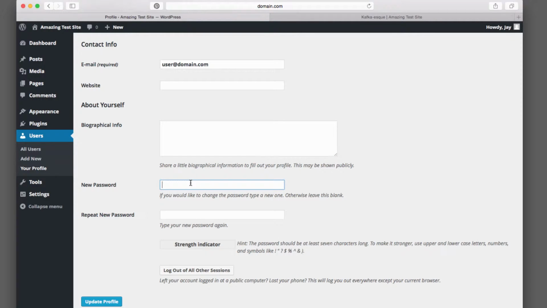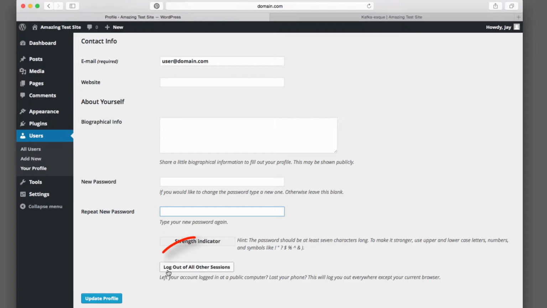And last but not least, there's the password field. So if you feel the need to change your password, then this is where you can do it. You also have a password strength indicator that will go up and down depending on how strong your password is. And one handy feature that's been introduced recently is the button on the bottom here, log out of all other sessions. Sometimes you log into WordPress and then you